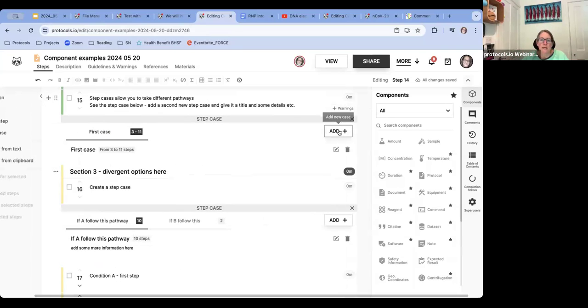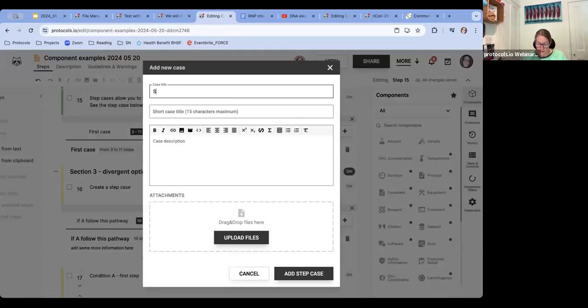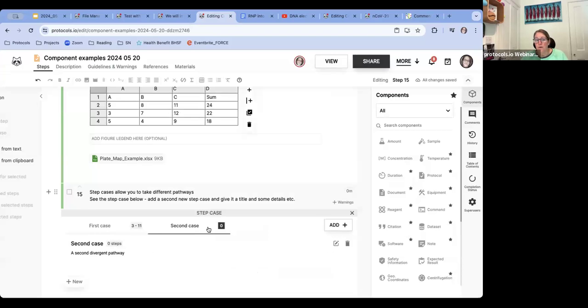So we can see here, add new case on the right hand side. It will just give me the ability to create what this is. I'm just going to call it second case in both places. A second divergent pathway. And then we'll add that, and it shows up across. So what's important to know